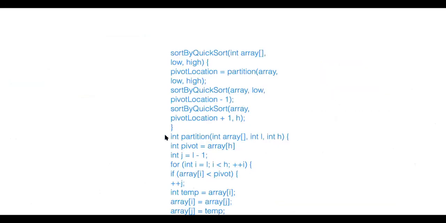Look, partition will take O(n) time, right? Yes, because we are running a loop from low to high, and in the worst case, low to high will cover the whole array. So it's O(n), and this dividing part is log n, and in the worst case, this dividing part will again become O(n). So that's all we are doing. So we are good here.